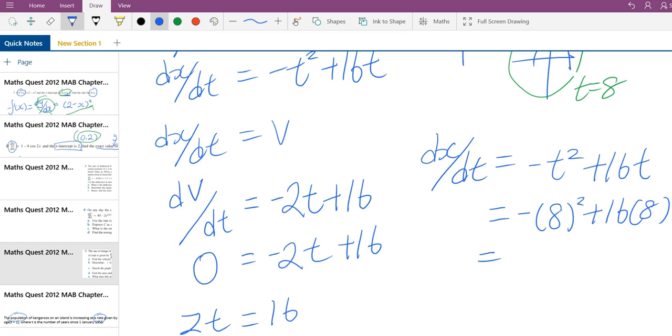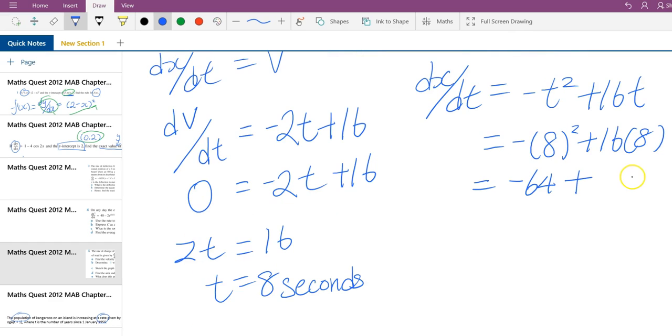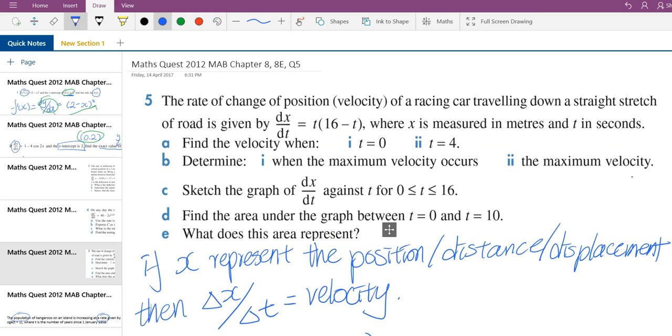Negative 8 squared is 64, so negative 64 plus 16 times 8, which is 128. Yep, so we do that calculation. Now that is literally half, so it'd be 64 meters per second. All right, that would be our